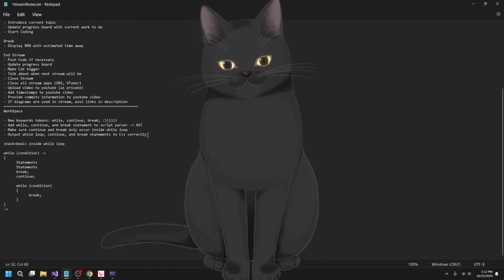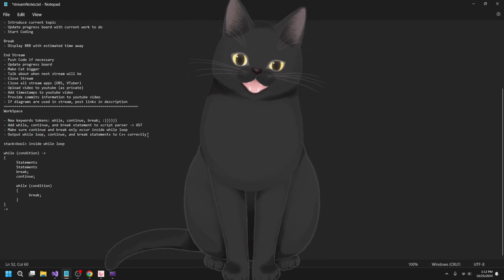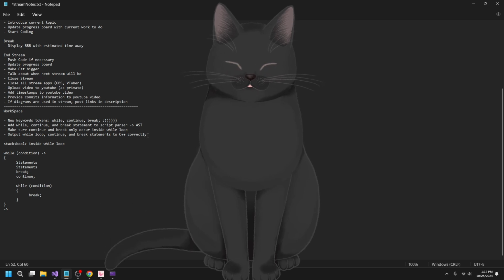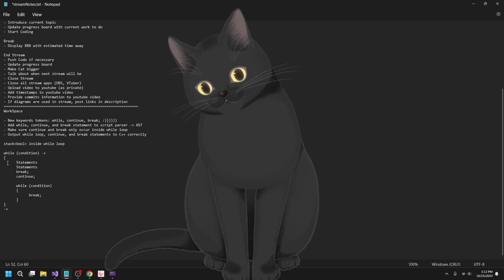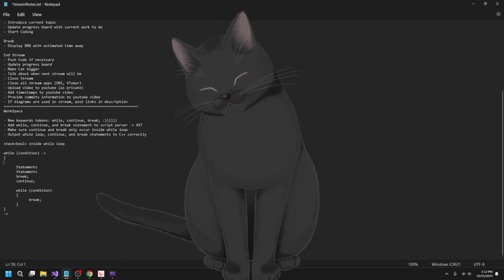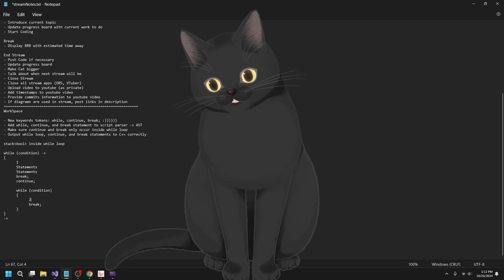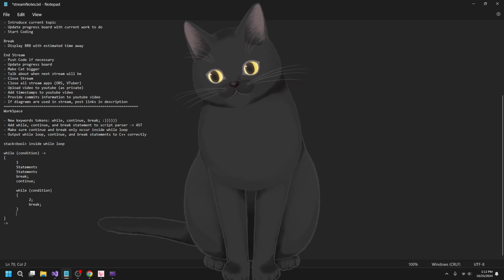So I was thinking of adding a stack, but I actually realized that's not even necessary. I can just have an integer that'll increment for however many layers of nesting I have, right? So what I mean by that is, if I'm inside of this while loop right here, my layer of nesting inside of while loops is 1. And if I'm entered here, my layer of nesting inside the while loop is 2. And when I fall out of the stack, it reverts back to 1 here, and when I fall out of this stack, I go back to 0, and so on.